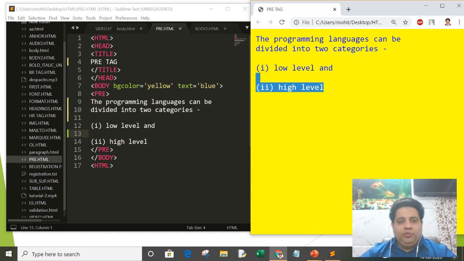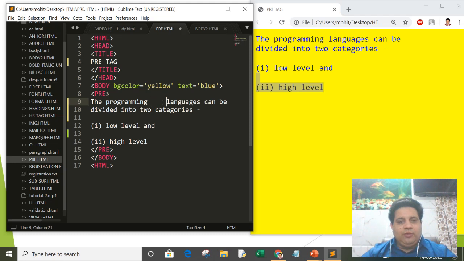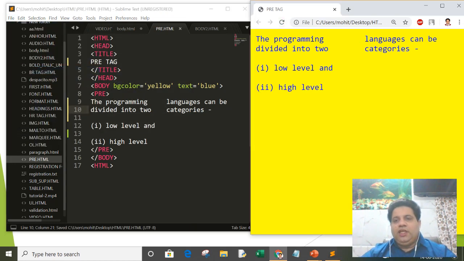Now if I put a tab key after the programming languages and after two categories, and save and refresh, you will see that the tab is applied in both lines. So this is how pre-formatted text can be useful while coding HTML programs.